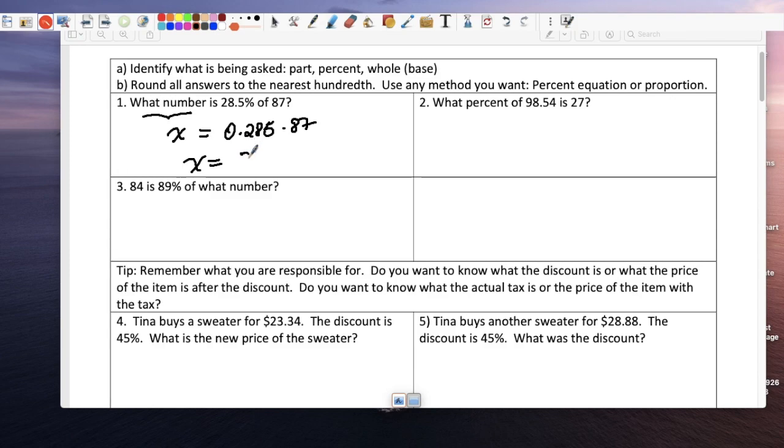equals 24.795. Round. Okay, so it says round the answer to the nearest hundredth, so we get 24.80. Okay. Now,